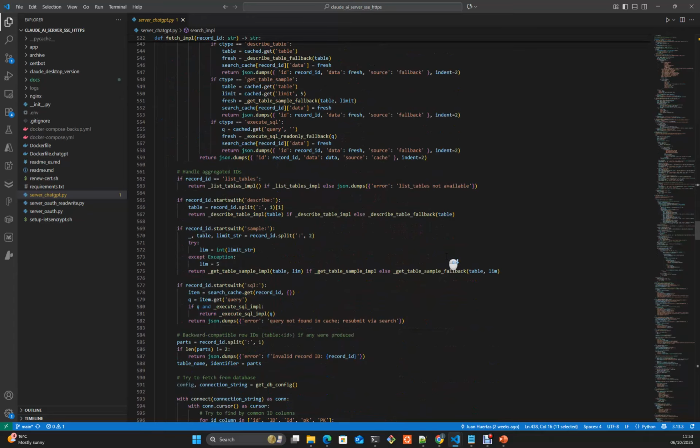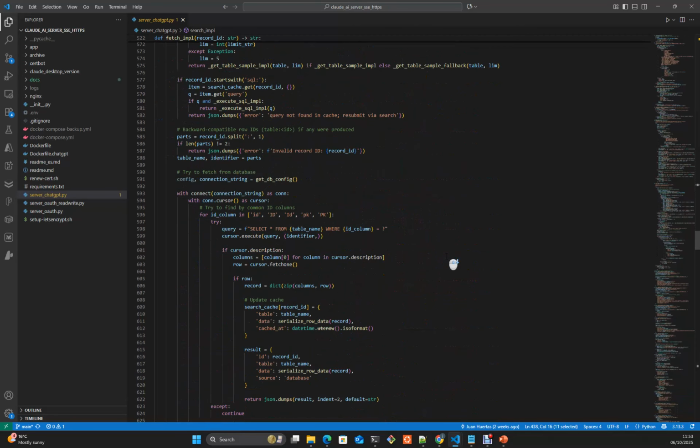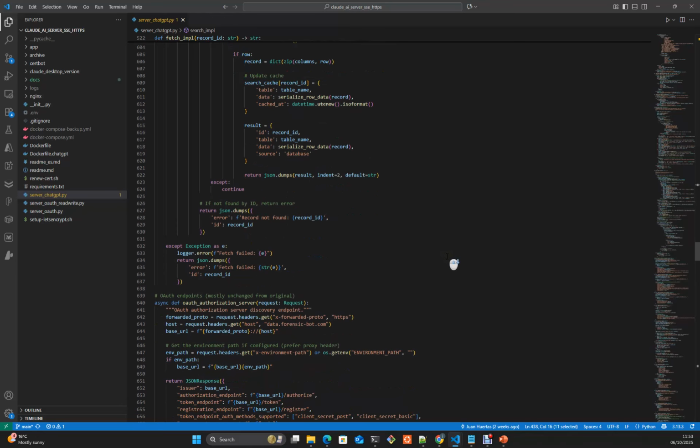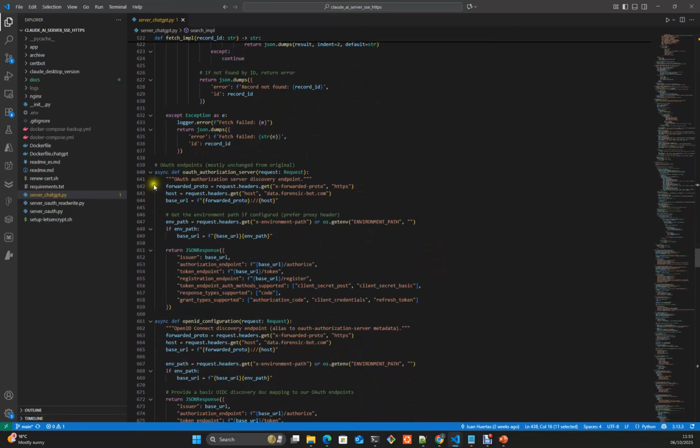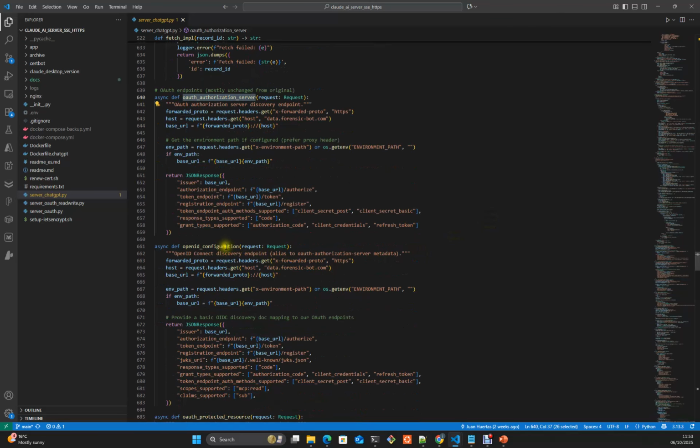Okay, so you can take a look later. So it's quite a more complicated configuration. And here we have the OAuth endpoints, the authorization server. This is a new one. This is only for